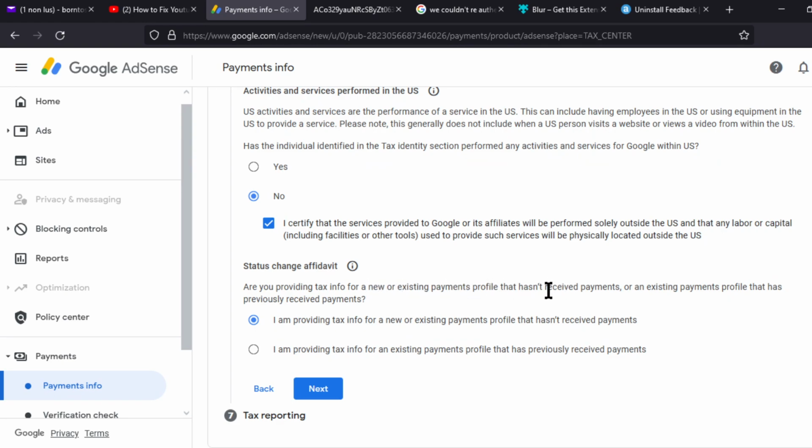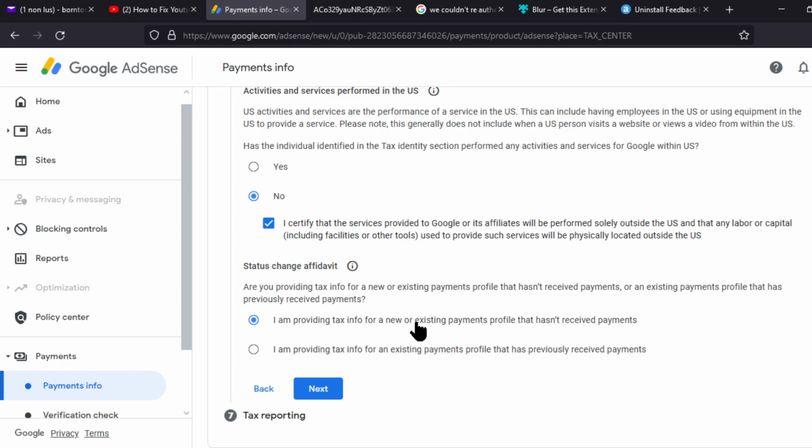And I want the other payment that I've been held to be paid. But they word it and they put two together rather than separating them. So I could easily answer this, and I could easily click this. I'm providing a tax for a new or existing payment that hasn't been. I've not received any money. I've not received the tax. Not money. I've been getting my money, but I've not been receiving the tax with it. They've been taking 30%. That's what I should click.